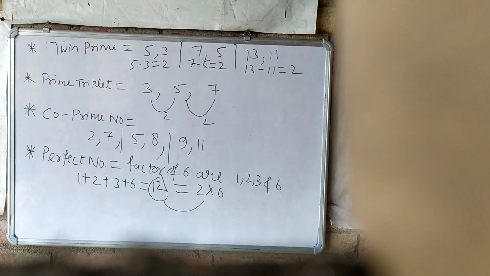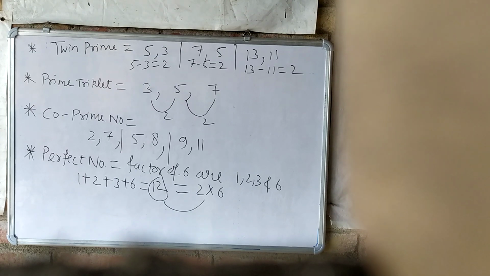Good morning, students. Today we will study in maths after composite number. That means now see in your whiteboard, it is written there many things that we have to cover in this chapter. Understand? First we have to study about twin prime. What are twin prime? That means two prime numbers whose difference is 2.